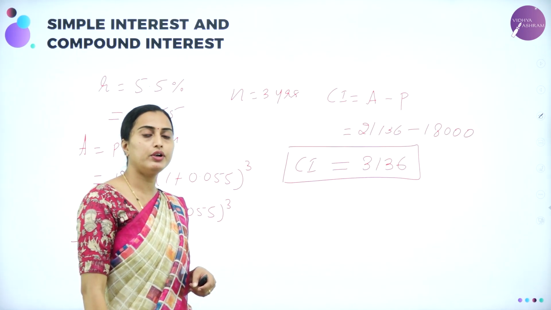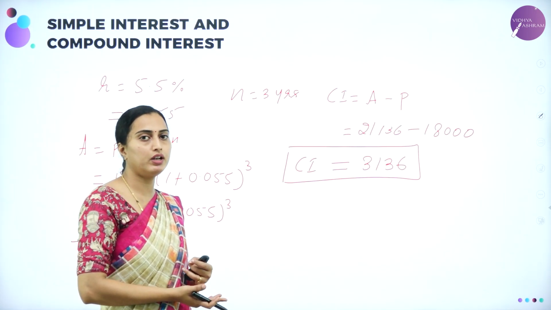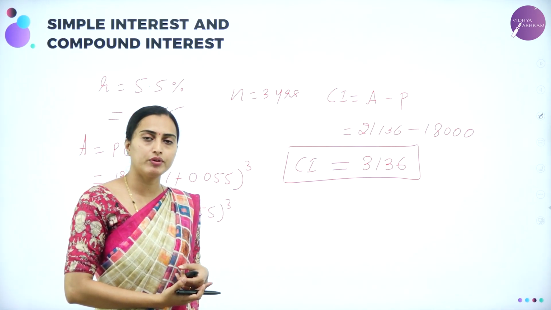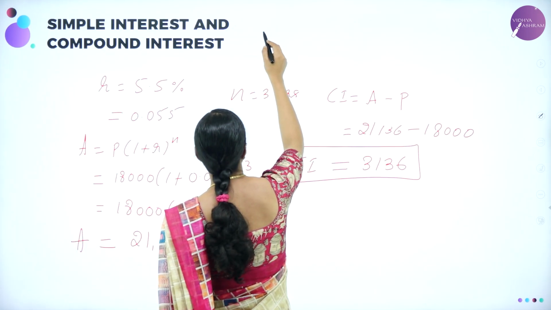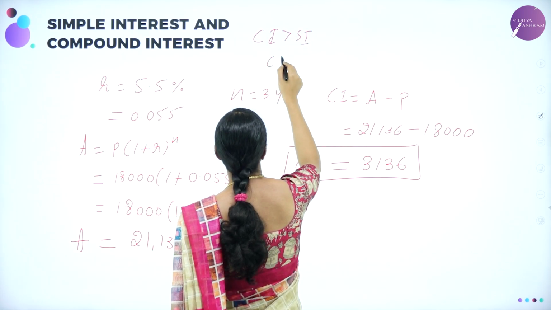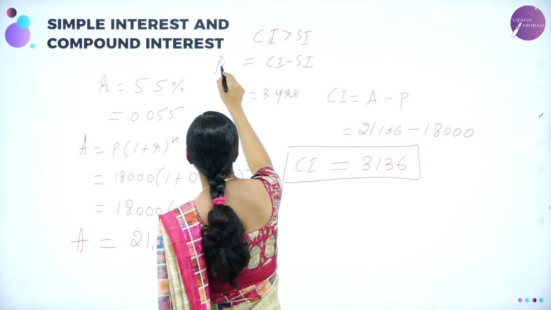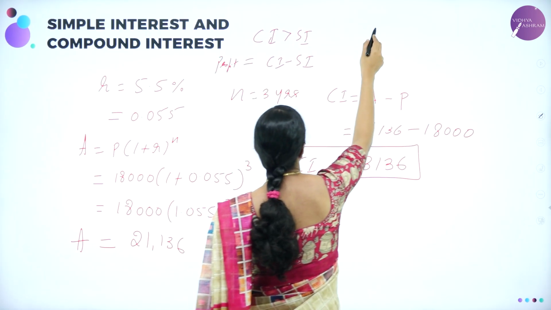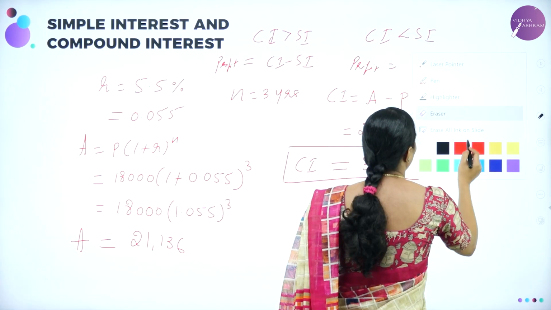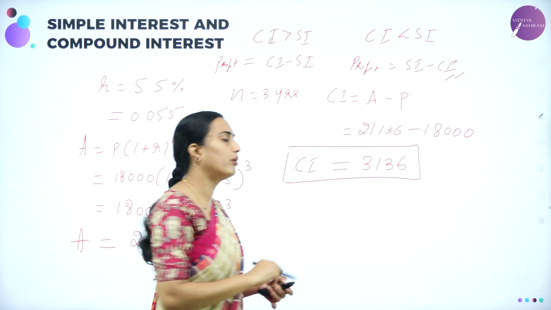He is going to gain, you are going to subtract simple interest minus compound interest or compound interest minus simple interest, depending on which is greater. If compound interest is greater than simple interest, then you are going to have CI minus SI. Okay, this is the formula. Profit is given by that. Suppose if CI is lesser than SI, then profit is given by SI minus CI. Okay, this is how you are going to have it.